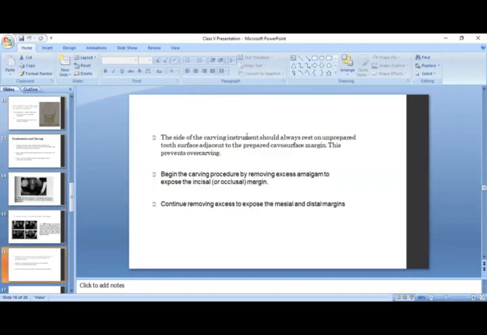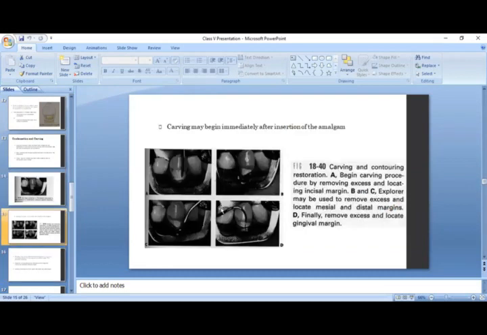Okay, now how we are going to carve the restoration. There is a way that we are going to carve. For example, if we are working on that area, this is the filling material. We need to start from the area that is not filled with the restoration, starting from that area and going in that direction, like what they are doing. They are doing it in that direction. We are not supposed to rub like that on the restoration. We need to start carving from the unsupported area. We need to start carving from that area.